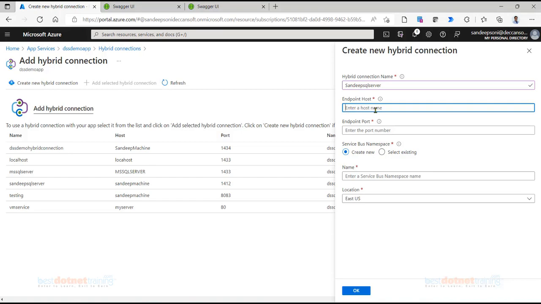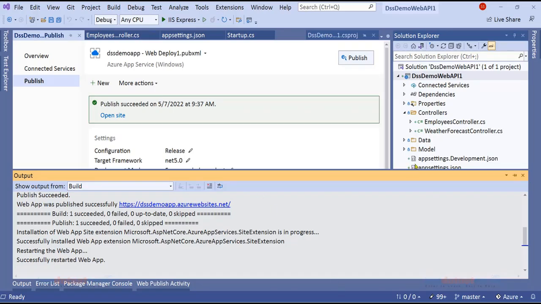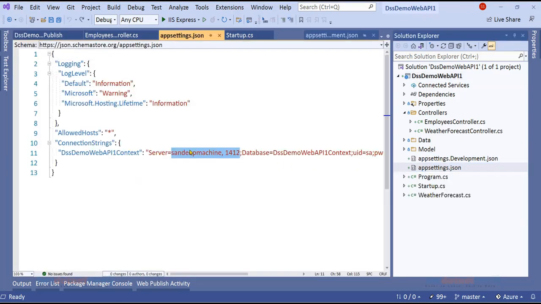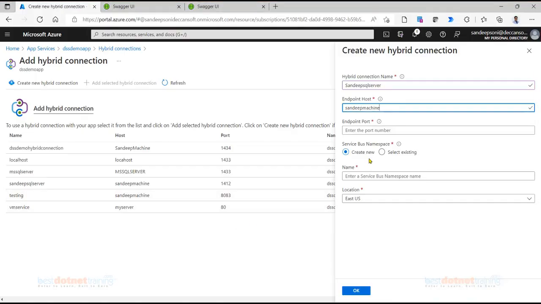This is the same name you would use on the machine from where SQL Server is accessible. On the machine where we are going to install the hybrid manager, that machine should be able to access SQL Server by this name. So that's the host name.